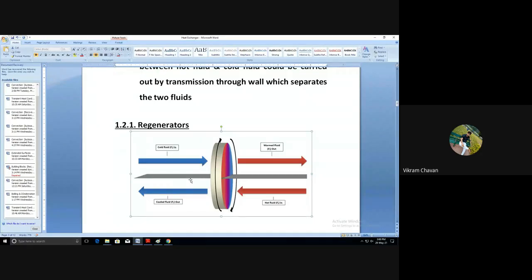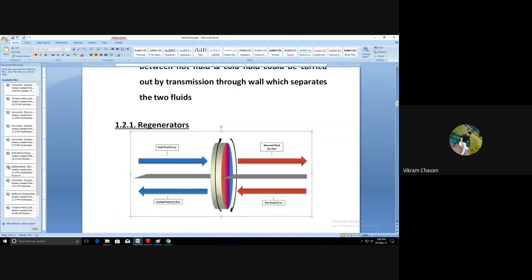Let us consider that this red arrow is showing from this side, and the blue arrow is showing in the opposite side of this particular disk. This is the disk, and this disk is divided into two compartments. Let us say this is the upper compartment, and this is the separator or wall, with the bottom side compartment and top side compartment of that circular disk.